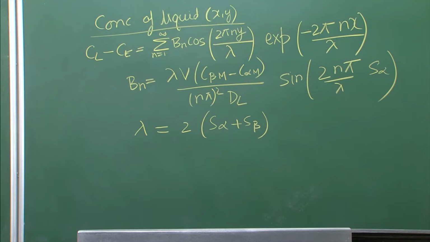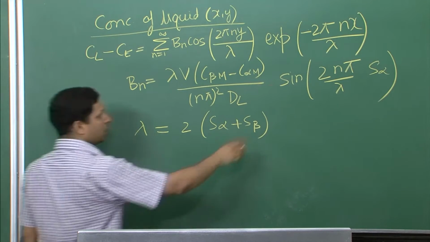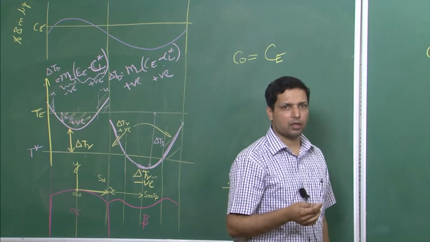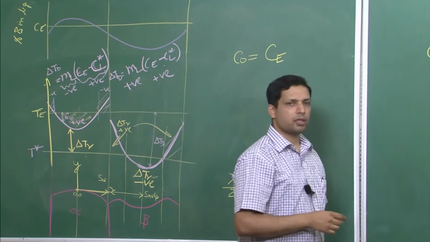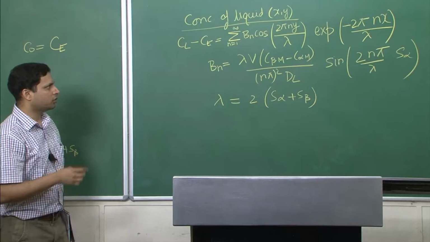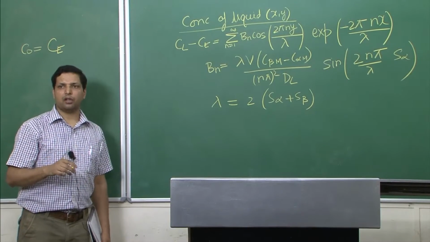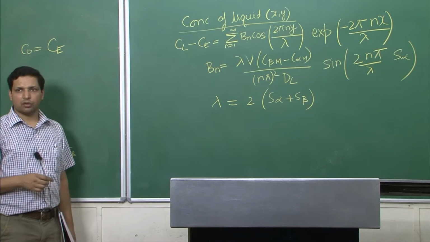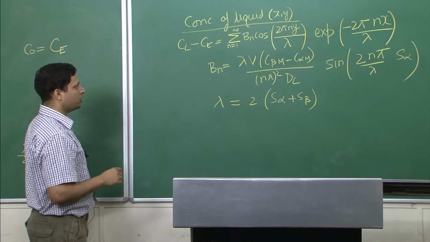Now this equation looks very intimidating, but we will soon solve a problem based on it, and you will see that it is not really that scary and difficult to handle. However, best keep in mind what the overall form of the equation represents. Like I said, this is the exponential and this is the sinusoidal form. The sinusoidal form represents the variation in the y direction, and the exponential form represents the variation in the x direction. So in the direction of solidification, it decreases to the equilibrium concentration Ce at an exponential rate.